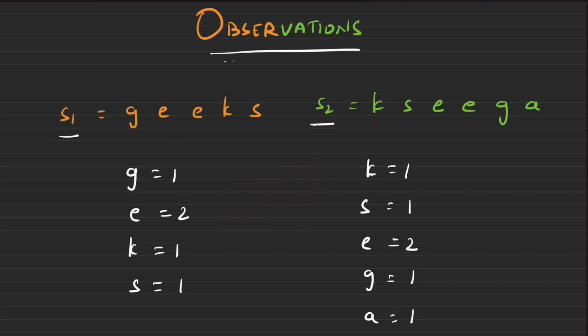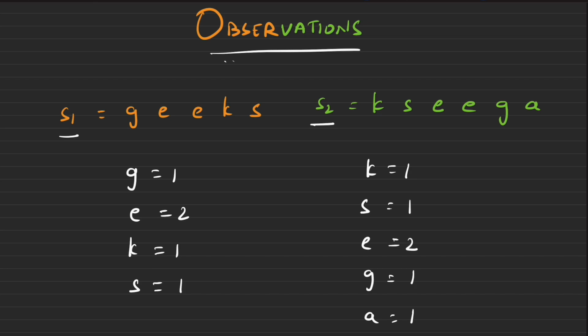Let's find it out. Now, what is an important observation with which we can take only one space? If you see the example, this G can be cancelled with this G, right? This 2 can be cancelled with this 2, right? This K can be cancelled with this K. And this S can be cancelled with this S. Simple. So instead of taking two vectors and storing their frequency, in one iteration, we'll store the frequency of